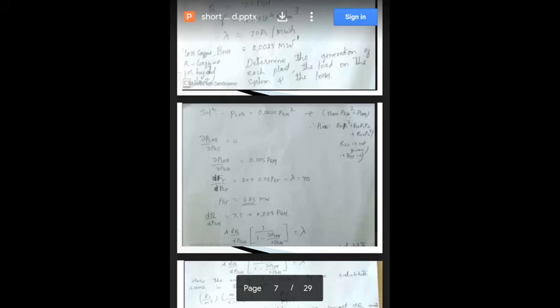Since lambda is specified as 70 rupees per megawatt hour, equate this equal to 70. You are following? Yes or no? FT is given. After the differentiation of the FT function with respect to PGT, you will get 20 plus 0.08 PGT, that is nothing but lambda. Lambda is actually dFT by dPGT, so that is specified as equal to 70. When you substitute lambda equal to 70 and solve for PGT, you will get 625 megawatts.